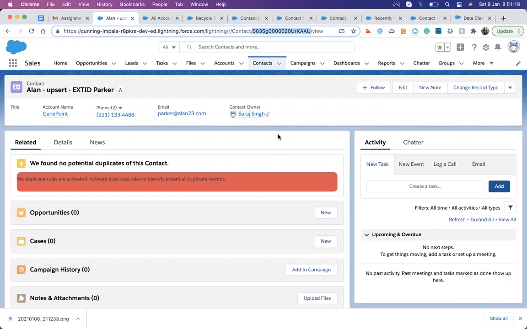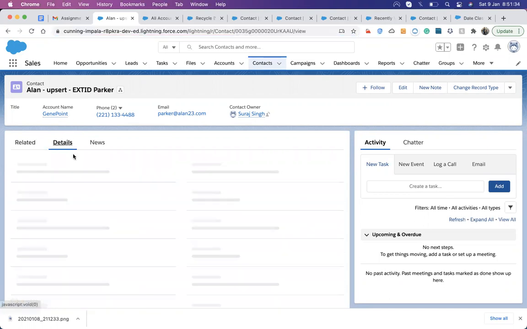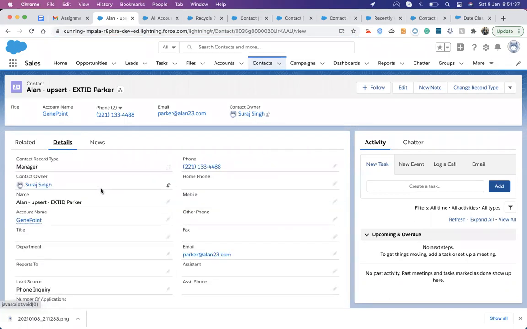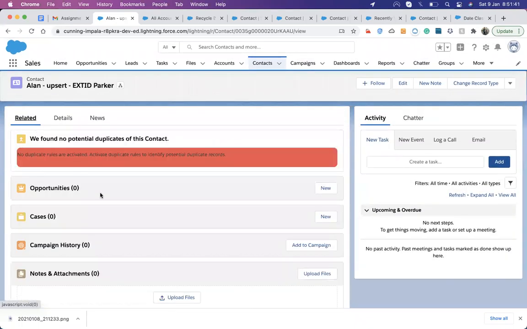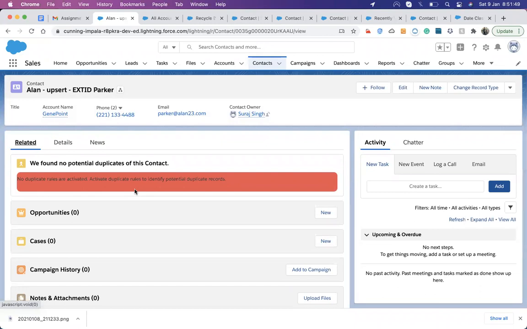When we undelete a record, it inserts the record, that's correct, but the ID remains the same. Whatever the state of that record was, it will also maintain all the lookups, all the things are still available. It's just undeleting all those things. So it's just making a rollback of the changes that we have made.